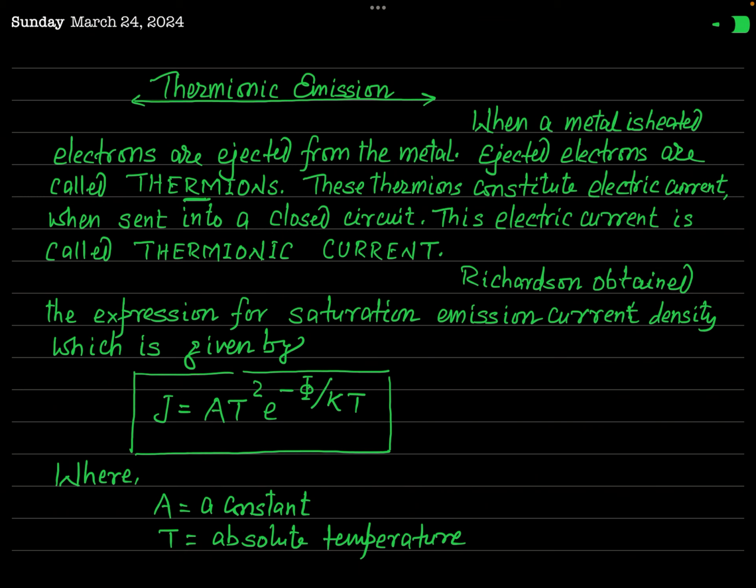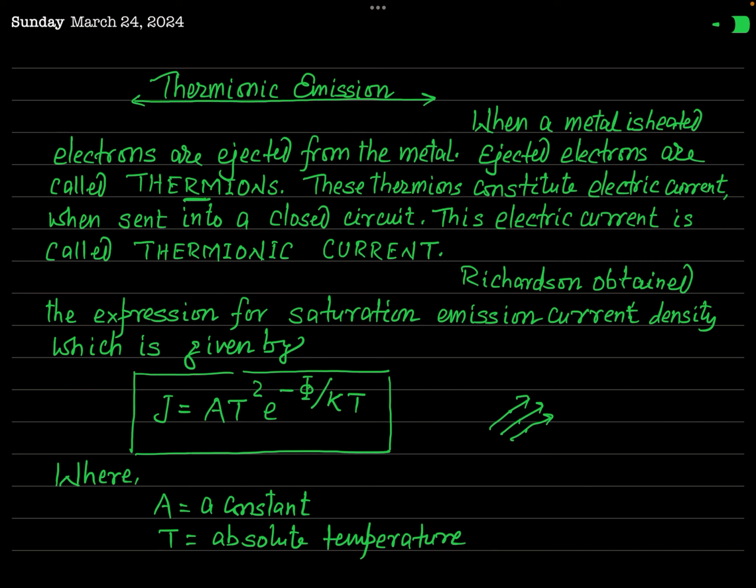And you know, electrons are charged particles, and so when a stream of electrons is ejected from the metallic surface, and by a suitable mechanism you are able to flow these emitted electrons in a closed circuit, what will happen? When these thermions flow in a closed circuit, electric current will be constituted. Since this electric current is constituted by these